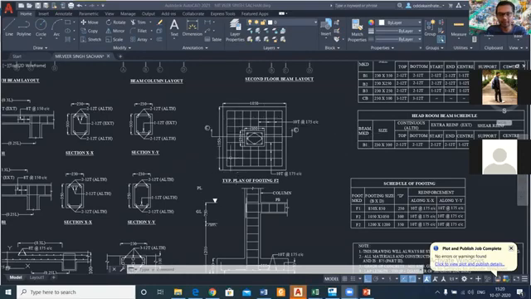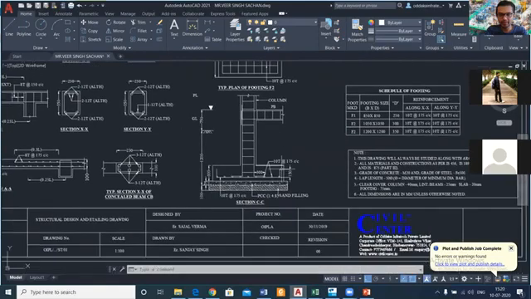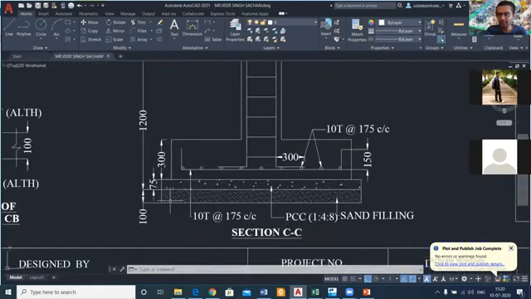The footing size is 1050 into 1050, and the reinforcement used in this footing is 10 mm reinforcement, used at a spacing of 175 center to center along both the x-axis as well as the y-axis. And as you can see here, this is the section of your footing. As we had told you, it will come in the further activities.